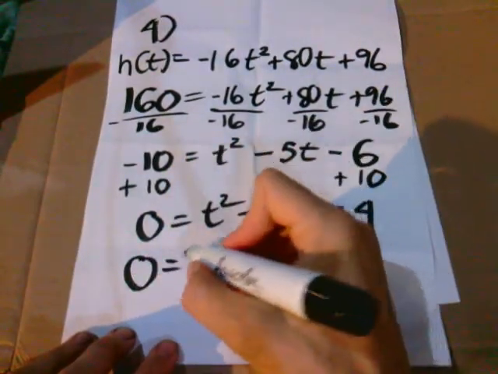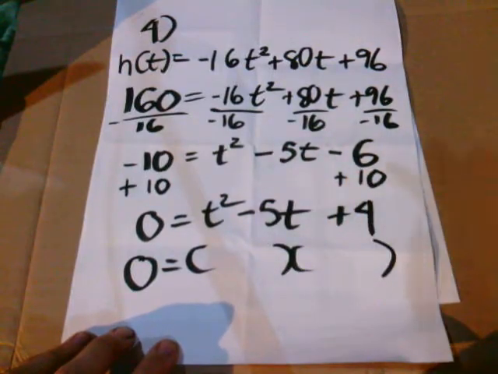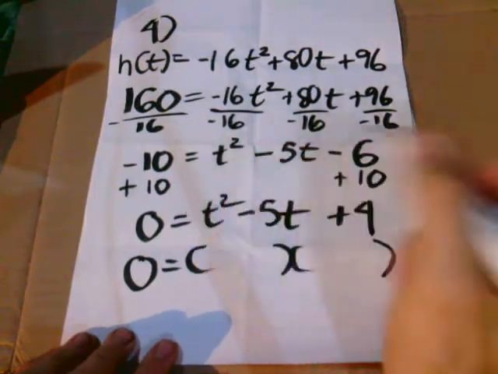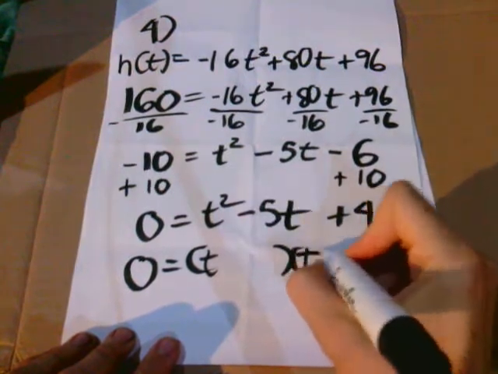0 equals, remember, use first, outer, inner, last. This is going to give us 2 possible answers and only one can be correct. So t,